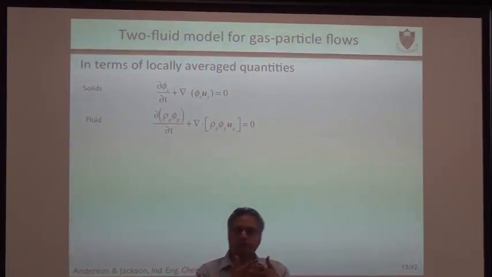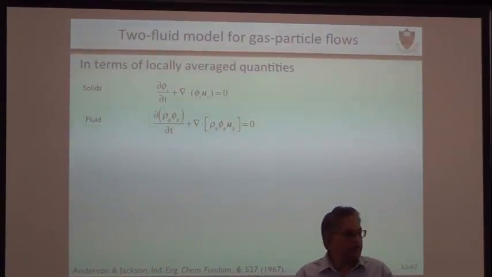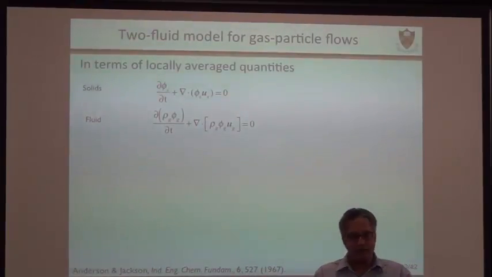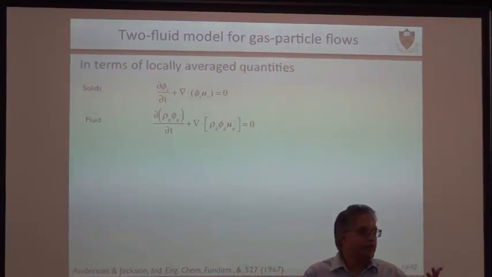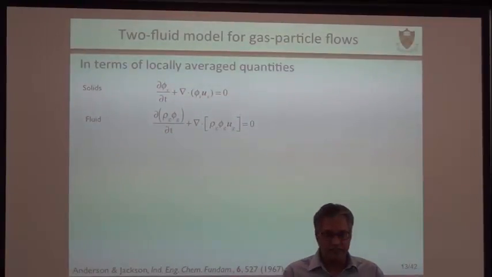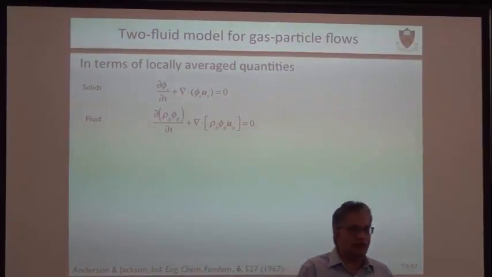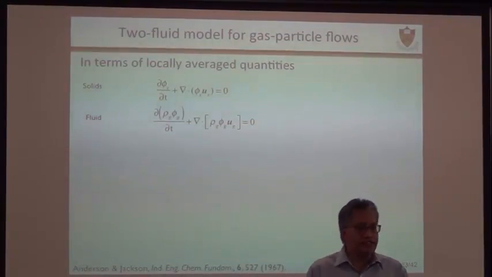You have two species, so you have to have two mass balances, flow of gas and flow of solid. And you have to have momentum balances. The Navier-Stokes equation says that I have to conserve the momentum of the gas in some appropriate fashion according to Newton's second law. Similarly for the collective particle. So you have two momentum balances, one for the particle and one for the gas. Basically the governing equations are just that.